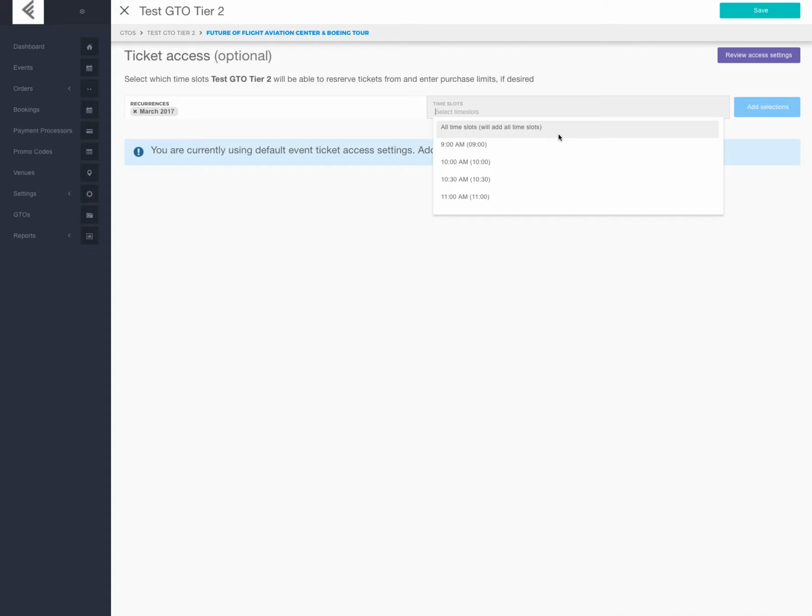Since this is a GTO Tier 2, I'm going to select all time slots here because we want to give them access to everything. If we only wanted to give them access to a particular few that they could make reservations for, then we can do that. Now, this does not affect purchasing. This is only going to be for which tickets they're able to reserve. So I'm going to just click all,